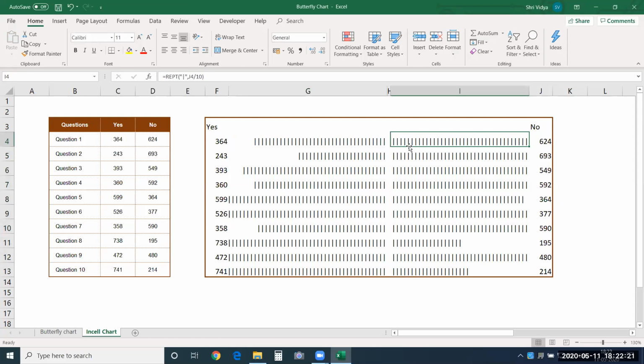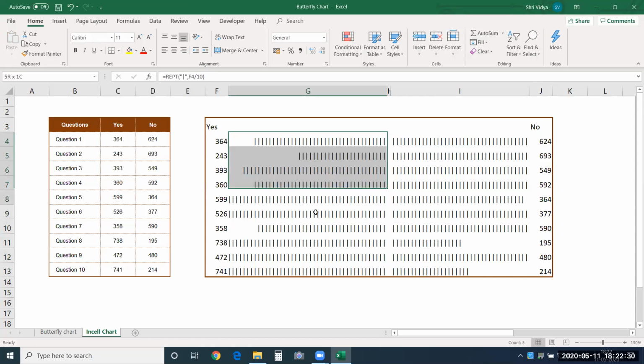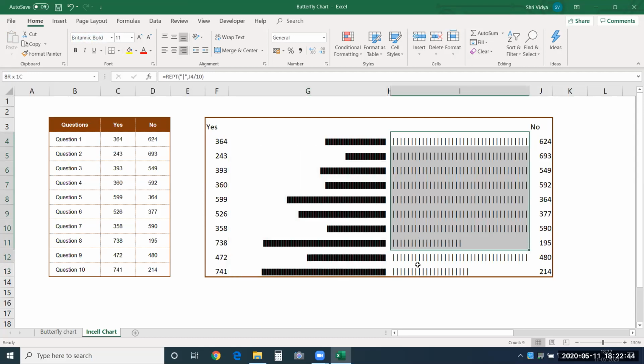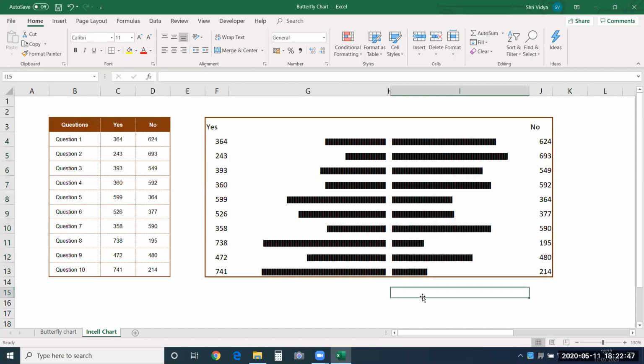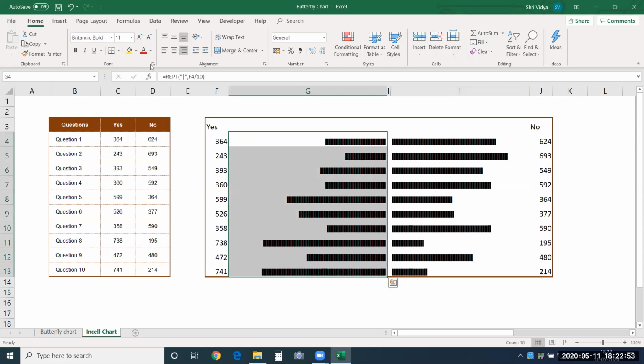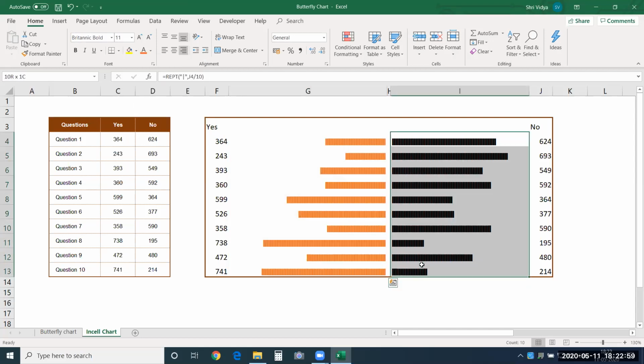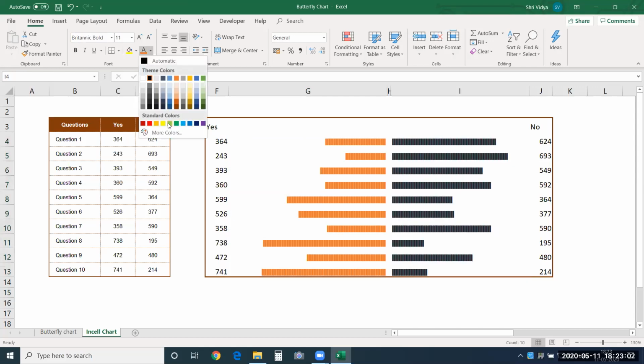So now, but I would like to see these lines close to each other. It should look more like a bar. Okay, for that, I'll select it. I'll just change the font name. So there is a font name, Britannic Bold. Just select that. See, it changes immediately. I'll apply the same on the other side as well. And you can just change the font color to any color that you want, and the same will be displayed there. So I'm choosing the same colors that we gave on the other end.